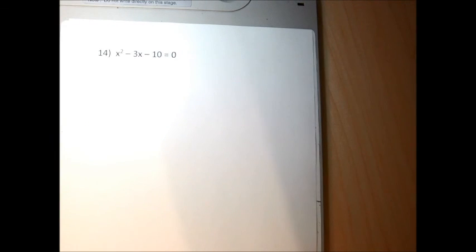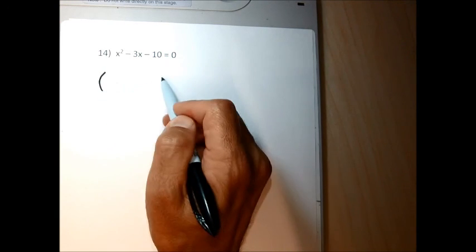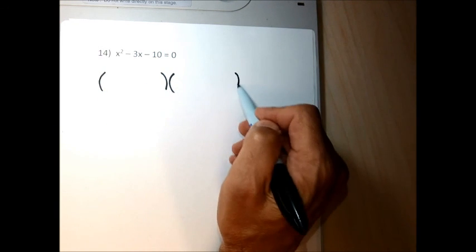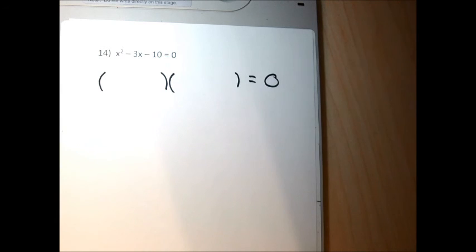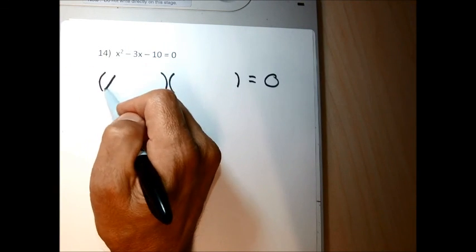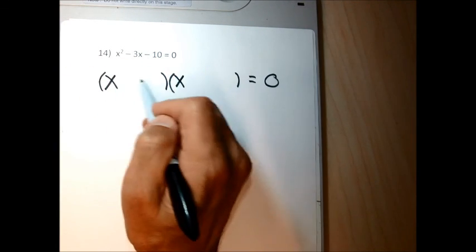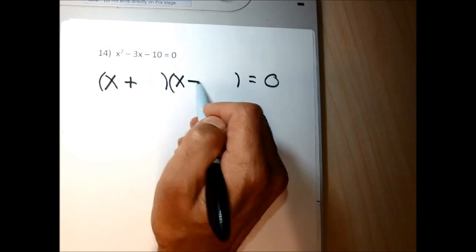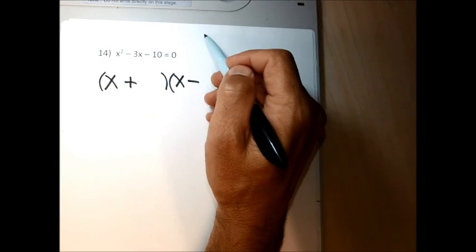Fourteen's the same kind of problem in that it's set equal to 0, but it's not factored, so I need to factor it first. And then after I factor it, because you have the equal to 0 part, you're going to have to set the inside of each parenthesis equal to 0 and get numerical answers for x. I don't need bottoms up because there's not a number in front of the x squared. My firsts are going to be a couple of x's. The template that we have tells me the signs are plus and minus. And for my lasts,